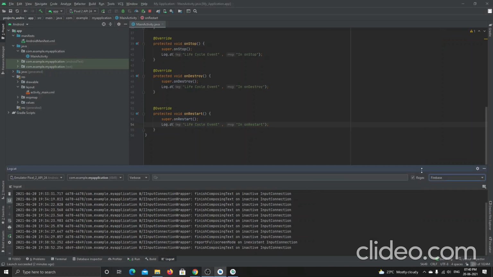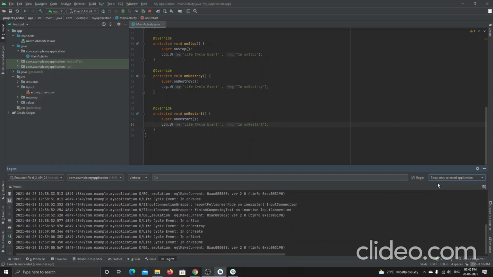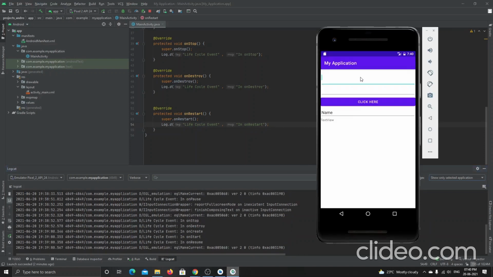So I want to select this Firebase filter to show only the selected application. By selecting this, it will show the logcat of this application. See, it first stopped, destroyed, on created, and then on start, on resume.